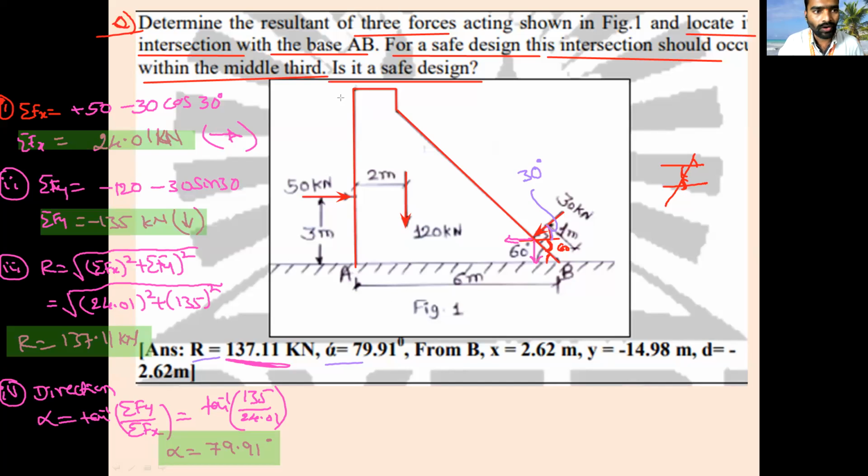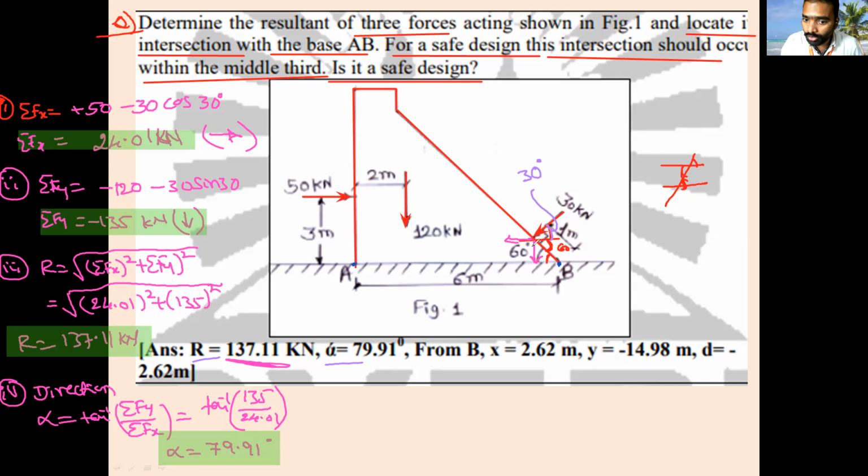Okay. So I will take one point and start calculating all the moment values. See, there are two options. You can calculate the moment about A, or you can calculate the moment about B also. If you calculate moment about A, it will pass like this, and you have to take the vertical component and the horizontal component.